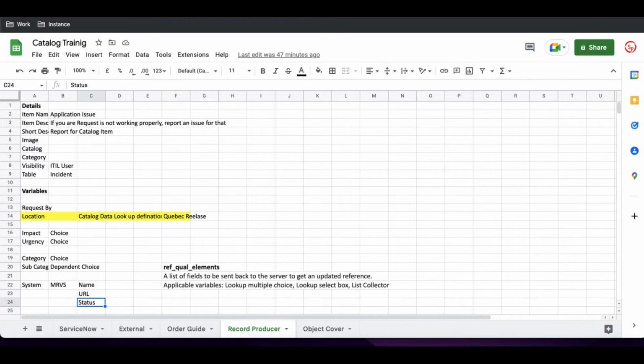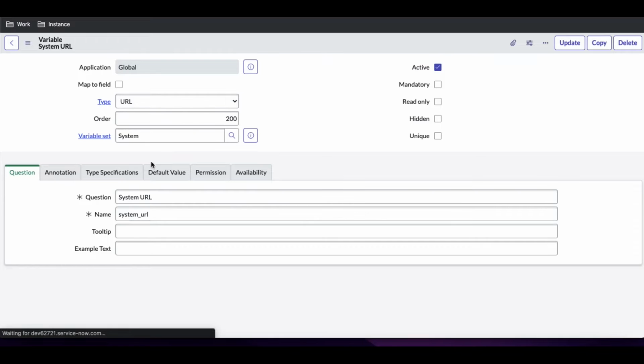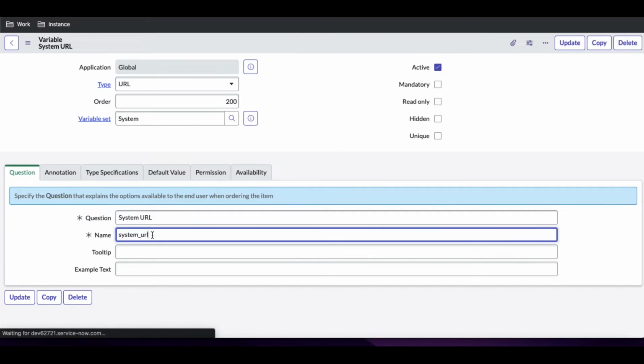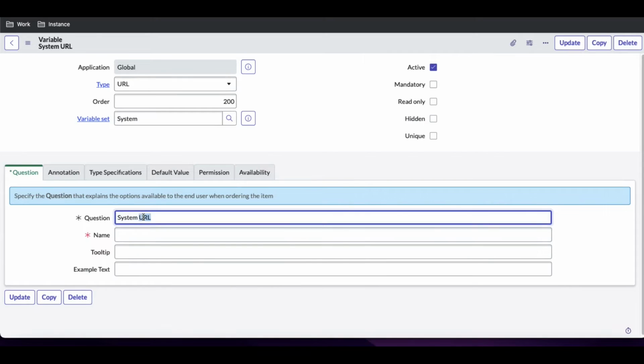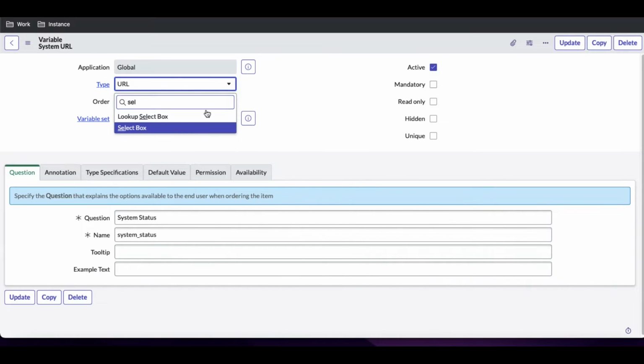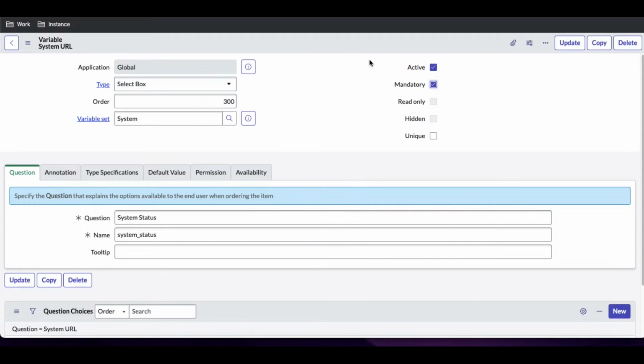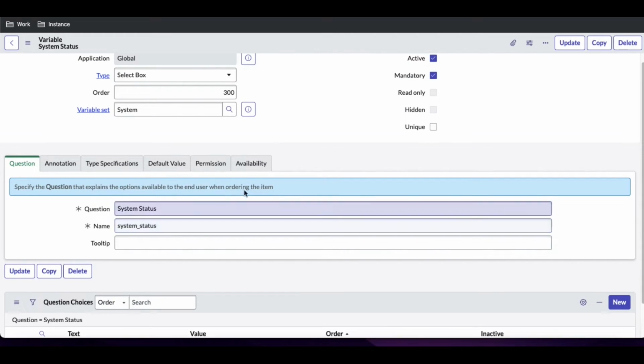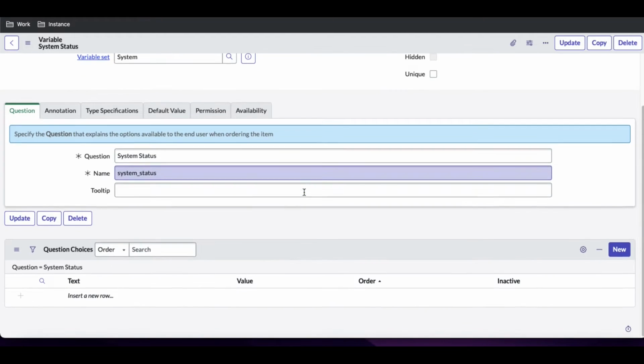Third, the status, so we'll create a field called status. I just want to show how the multi-row variable set works. So this is the status, and for this status we will put the order equal to 300, and we will say select box, mandatory, and insert and stay. And in this status we'll create multiple choices, so we will quickly create the choices. On the bottom of this, first is